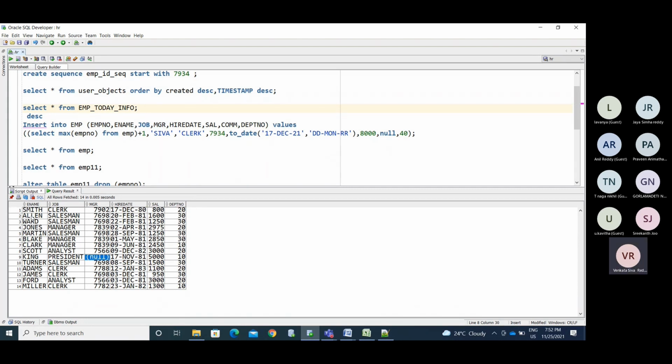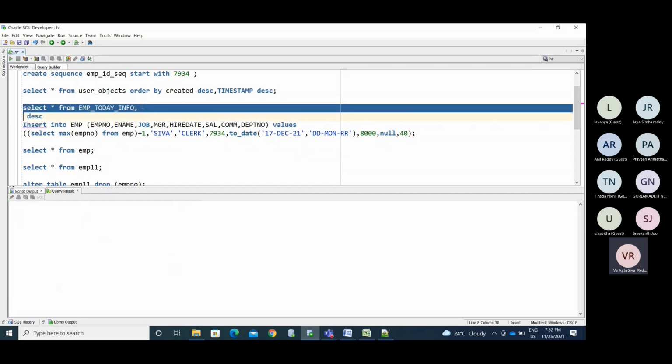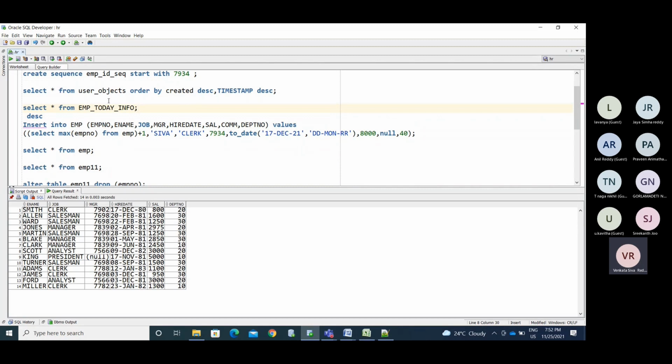Okay, so what are the things you are performing from land to stage? You make the required changes in the staging operation. From there, you can directly push the data into the master schema. I will explain the things later. Now treat this as the landing table. We got the data into this, and now I need to load the data into our actual table.